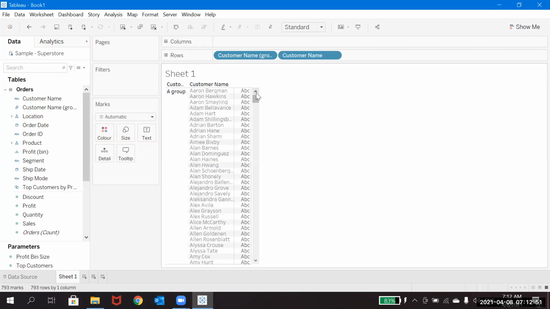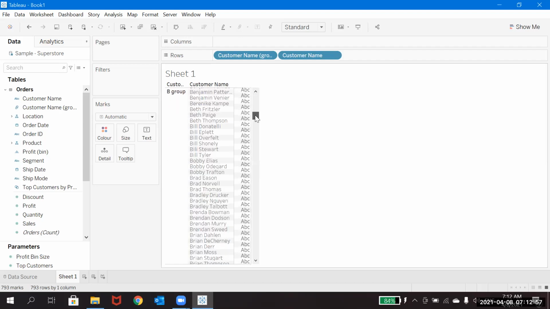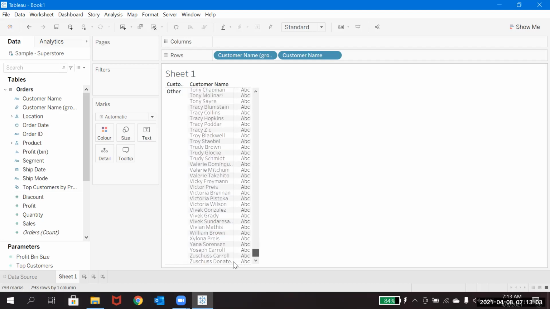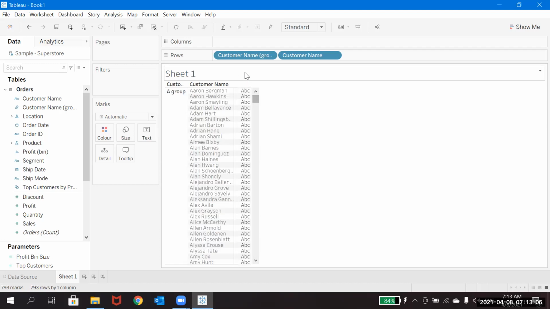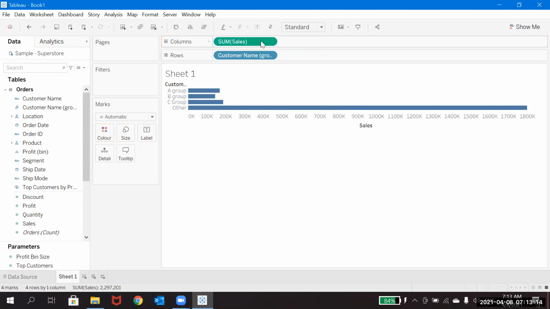If you see, all the A related ones are falling under this, and Others will have everything from D till Z. Now you would like to showcase the sales for this. It will show that: A, B, C. So this is about the groups. If you'd like to group anything in your data on your own, and represent it, you can make use of the groups.